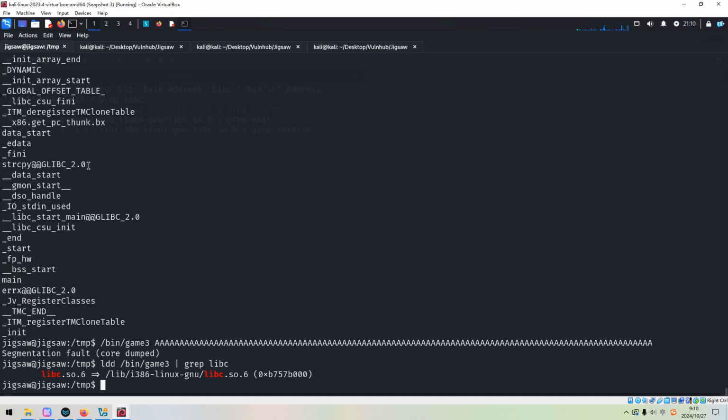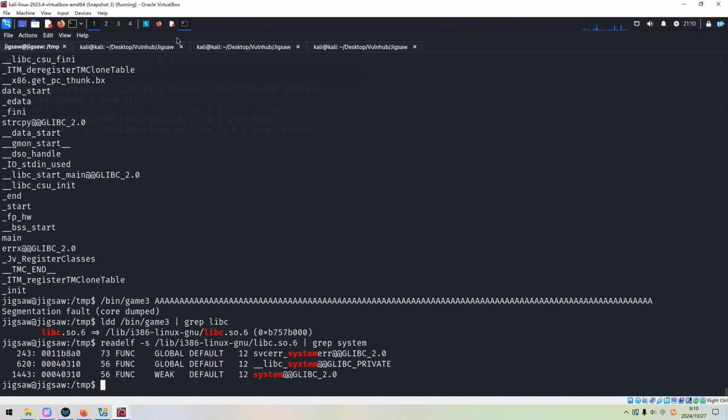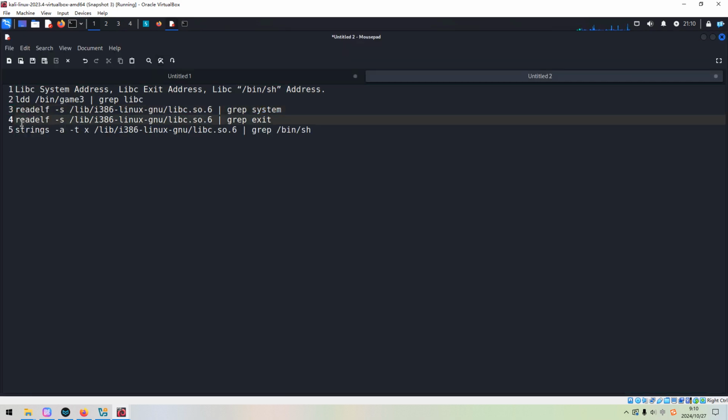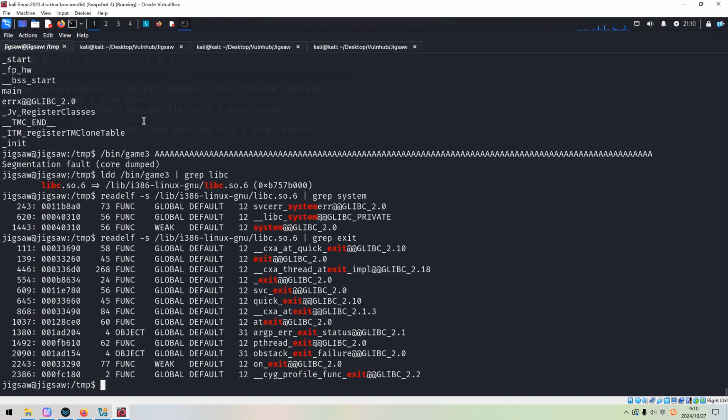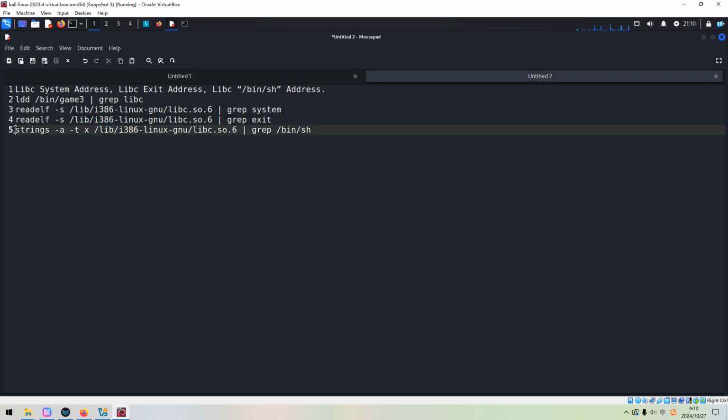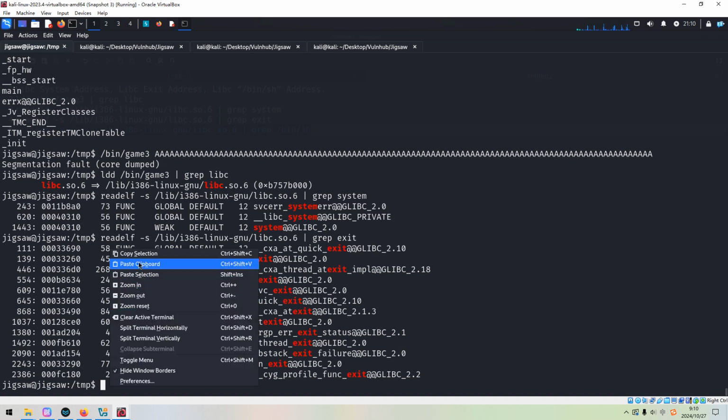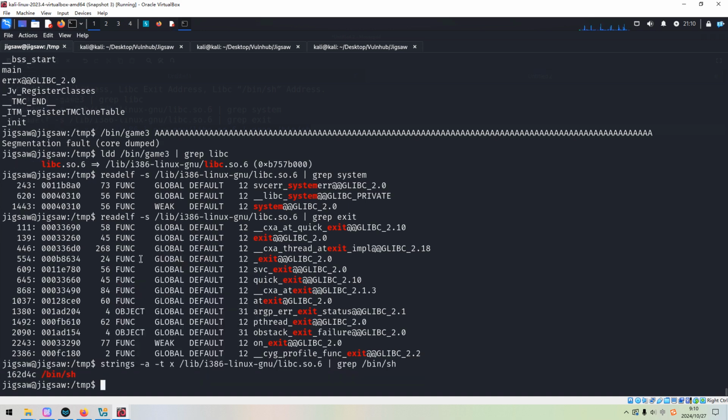This is the first time I run such commands. And the next, and the last one. So then we got all required addresses to exploit the buffer overflow.